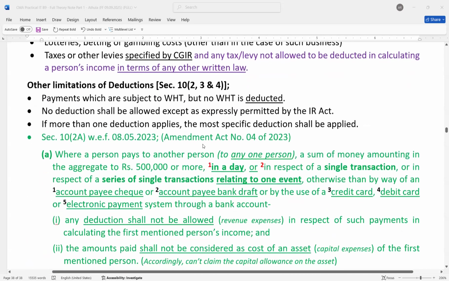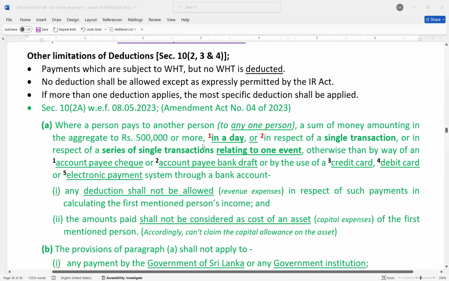Then we discussed that there's a new section. Section 10, subsections 2, 3, 4 are there. In between that, they have introduced a new section, section 10 2A, effective from 8th May 2023. Now, this is to limit cash and open cheque payments. Cash and open cheque payments are limited under this. As a result, if you are making any single or aggregate transactions, a sum of money amounting in aggregate to 100,000 rupees or more in one day, or in respect of a single transaction,